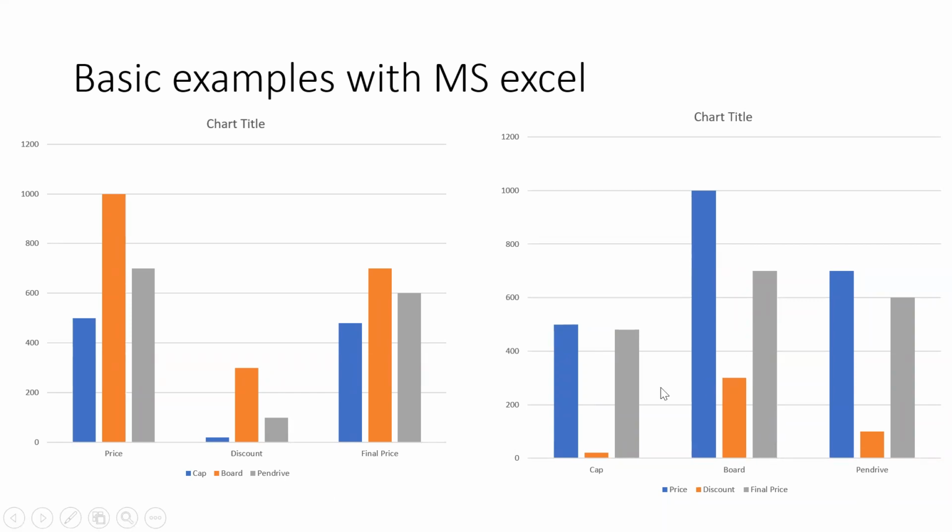If the particular user wants to see the final price in a single chart, they are not bothered about the other things. They'll be concentrating on the final price, and that is fine for them. They only check these three. But I think they'll be checking the market price, the discounts, and everything for every product. Then I think this is more meaningful.